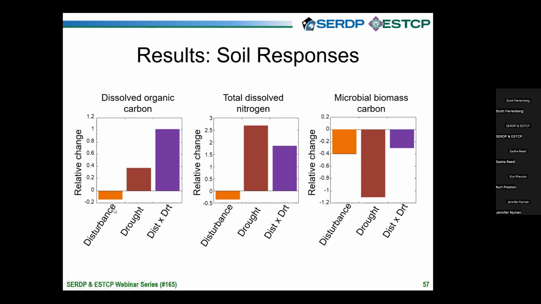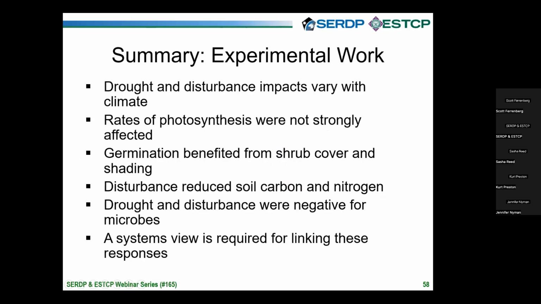And so the possibilities here are that mixing the soil has led to a loss of nitrogen and carbon through outgassing, through leaching, through erosion, any variety of mechanisms. There could also have been a turnover in the microbial community to a group of microbes that somehow use more of this material and somehow prime plant activity. We need to think of all of that. And that's my segue into the summary of the field experimental work, which is that the drought and disturbance impacts varied with the climate regime and with the interannual climate that we were dealing with.